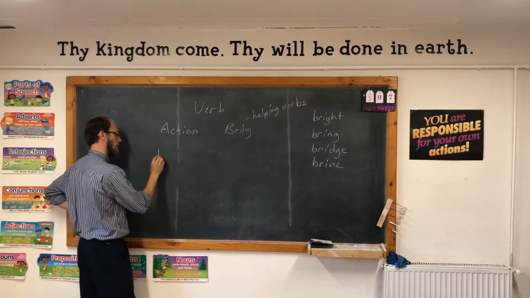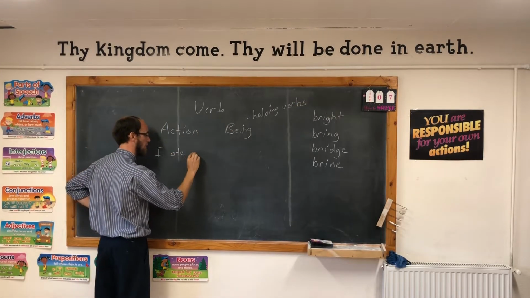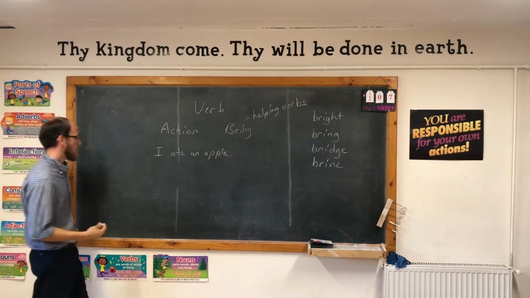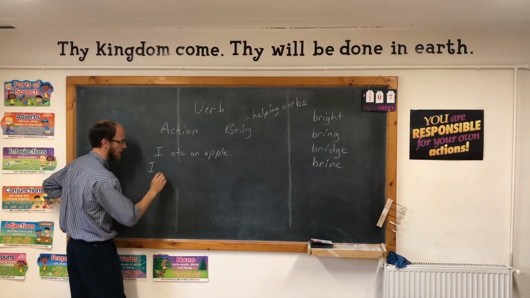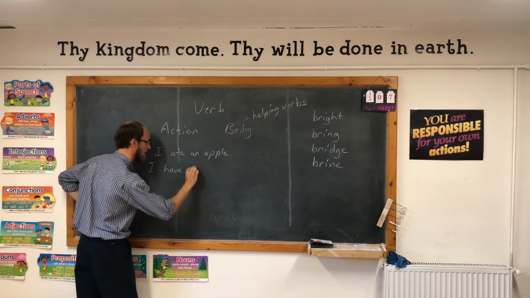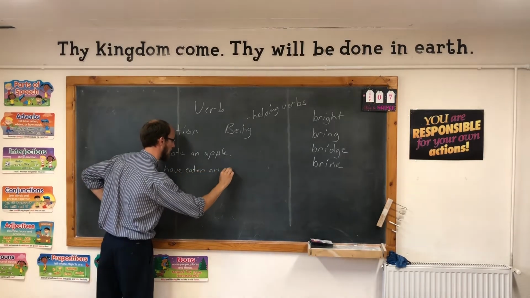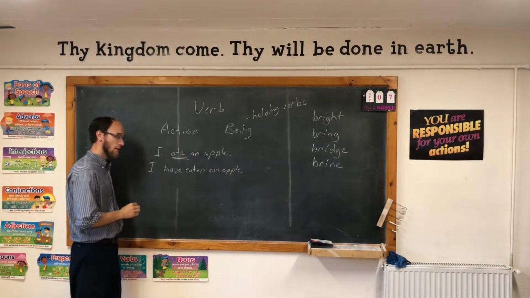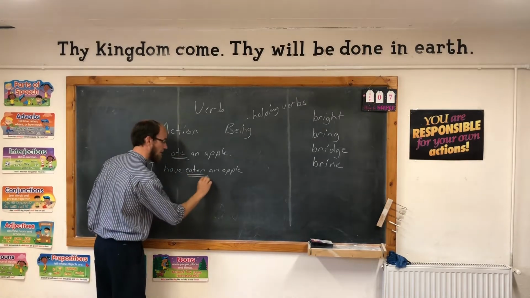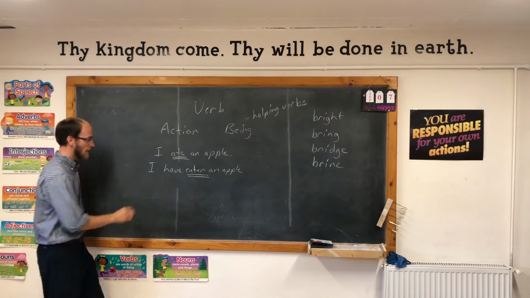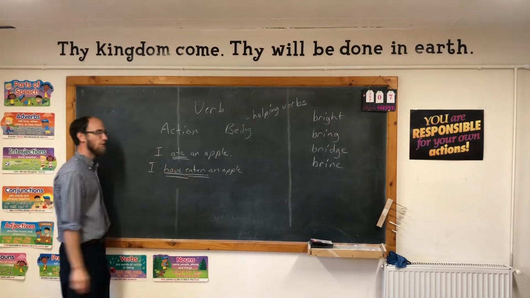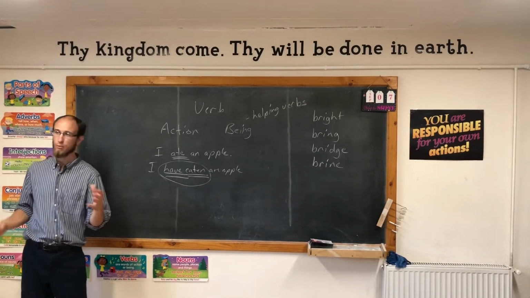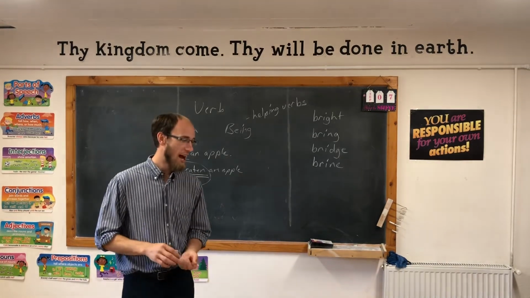Let's put a sentence up. I ate an apple. Yesterday, or I already today, I have eaten an apple. The verb in this sentence is ate. I ate the apple. The verb in this sentence, the main verb, is eaten. That's where we see the action, the crunching, but there's actually this helping verb too, have. So have is a helping verb. It's just going along to create what we call a verb phrase. A phrase is a group of words, more than one word. So a verb phrase, have eaten.